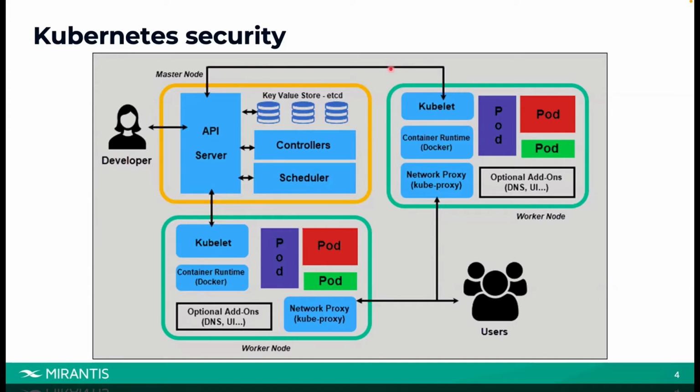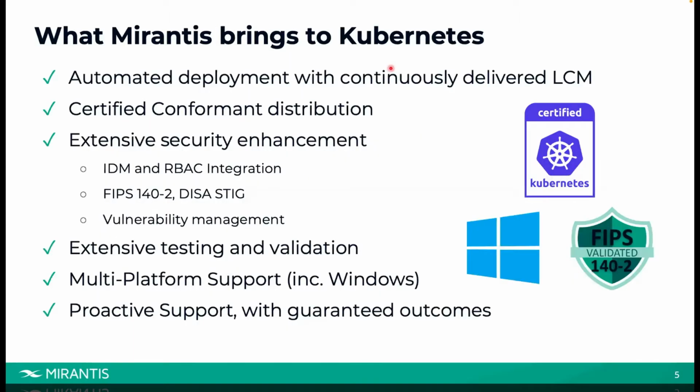So now you've got your application secure, but if the underlying infrastructure is not secure, there's going to be a problem. So what do we do with that? This is what Mirantis brings to Kubernetes, and this is how we can offload some of those efforts from you. Because security is very important, we all know that, but a lot of times it's an afterthought, not because it's not important, but because folks just don't have the bandwidth. We're so busy trying to fix bugs, push out the next release, and make sure everything's up and running that just keeping the lights on takes up most of our effort. So how can we help?